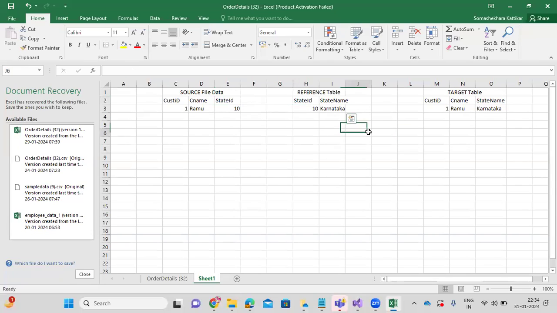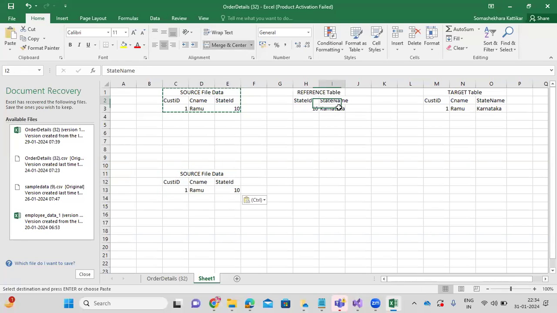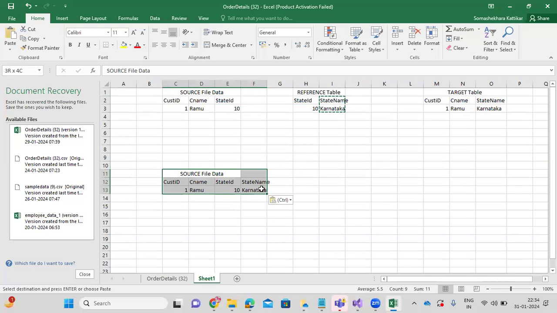Now, when you join, your data will become like this. When you join, and then you bring the state name, state ID, and then customer name, and then customer ID. While loading this data now, because you have joined this source data with the reference table based on the state ID, you brought